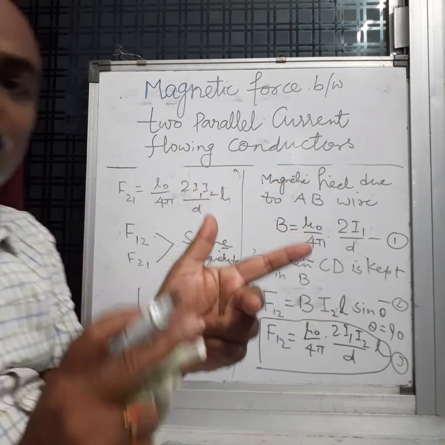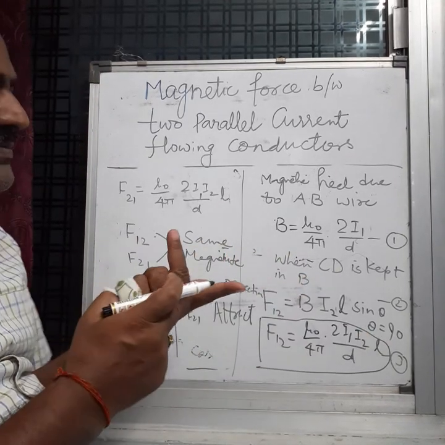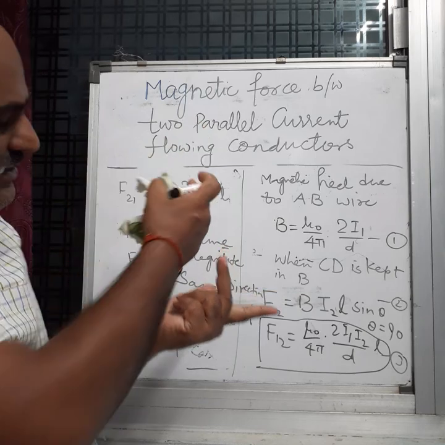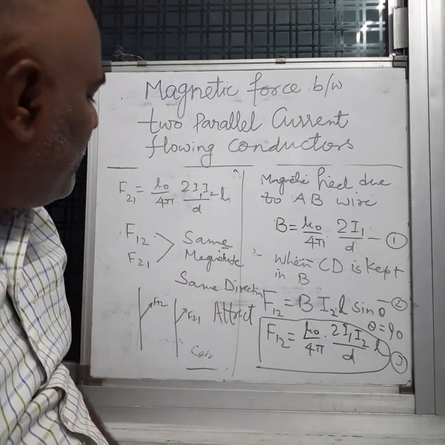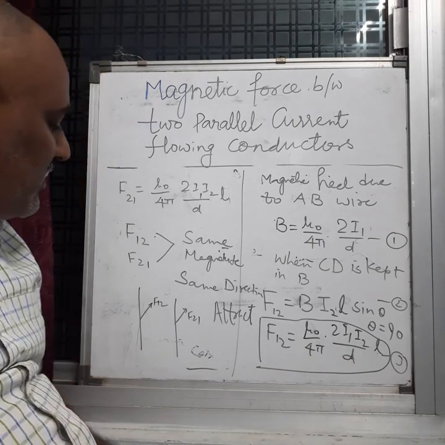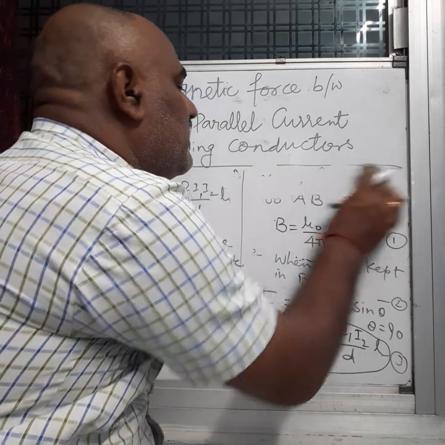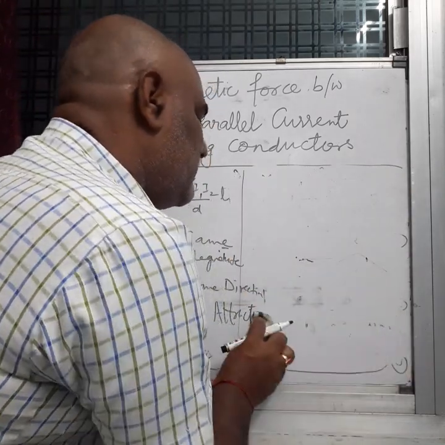First you fix the direction of current, because the direction of current is given. So you put the direction of current here, and the magnetic field will be downward. Similarly the second one is in the same direction, so attraction. But when the current is flowing in the opposite direction, then the only thing that matters in the discussion is the direction of magnetic force. The rest will be okay.